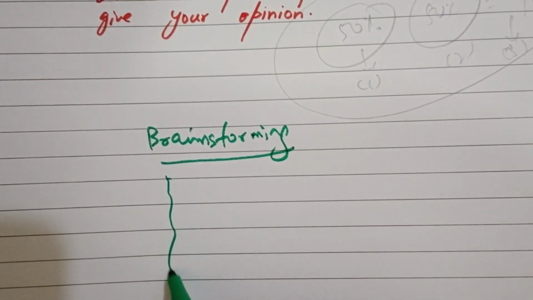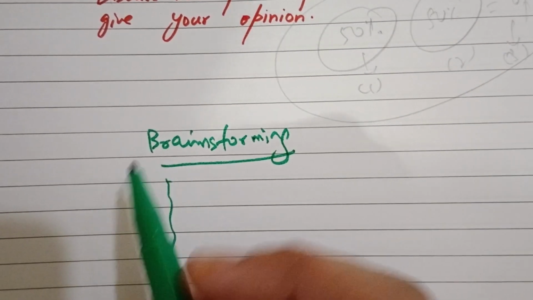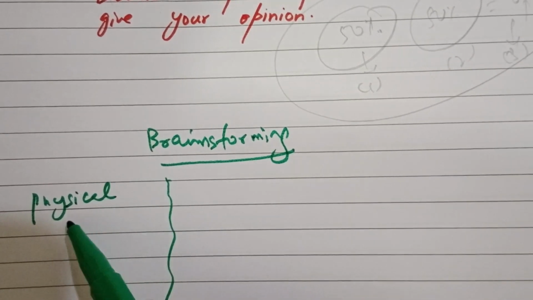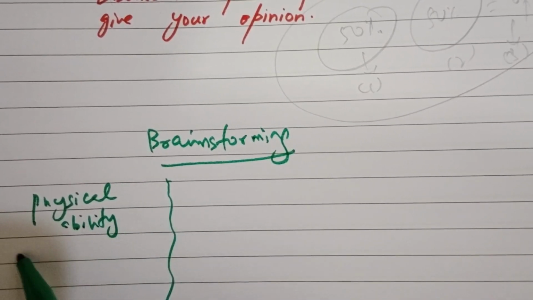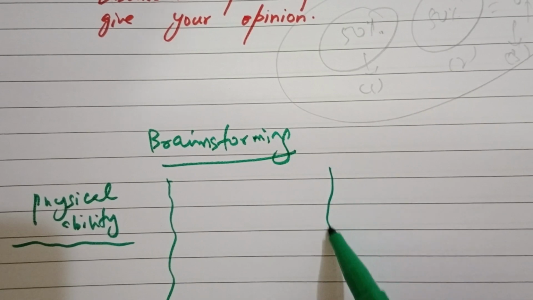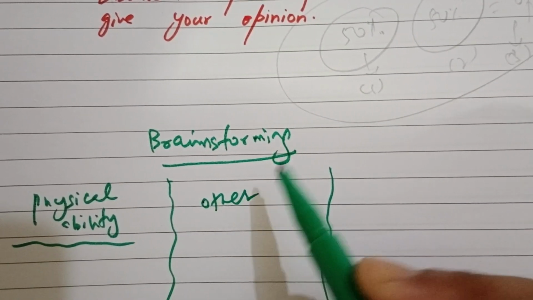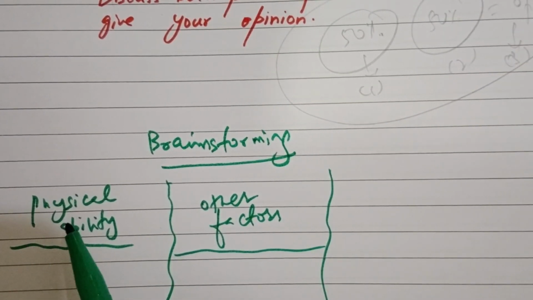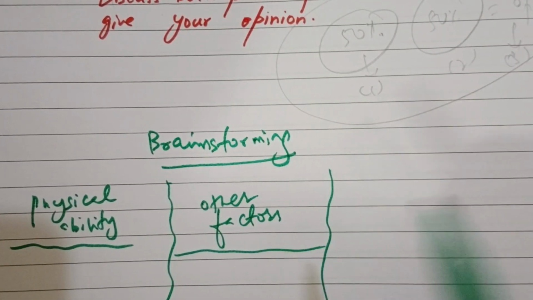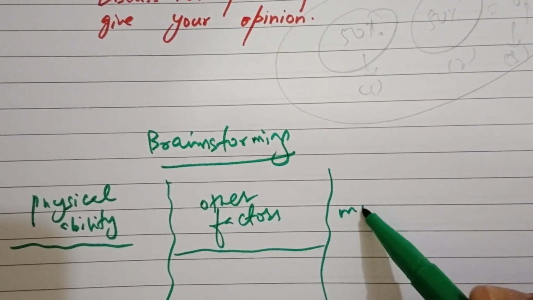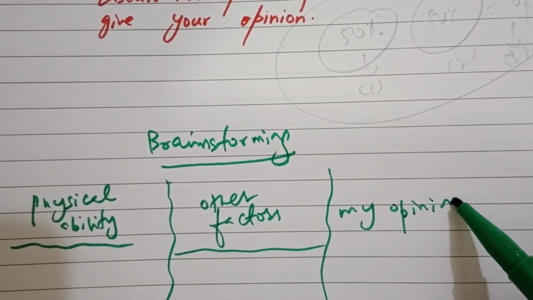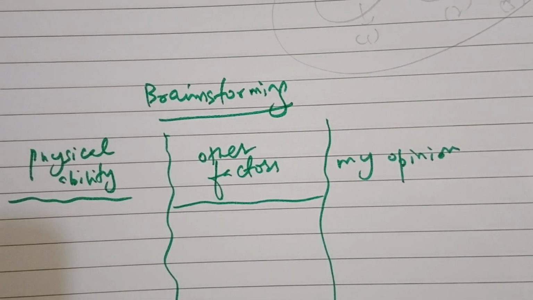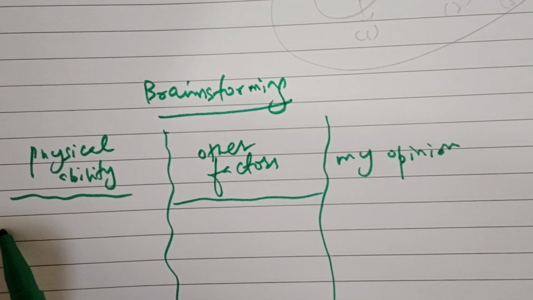First, I have to write arguments in favor of physical ability. Why physical ability is very much necessary for the success in sports. Then I'll write other factors other than physical ability, why they are the foremost factors. Then there will come my opinion. Okay. Now, why is physical ability the foremost factor in achieving success in sports? How? Like, see,